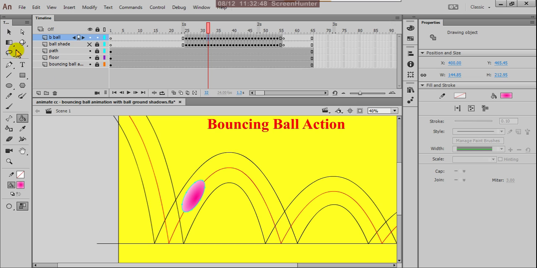So this we can turn according to the light source.